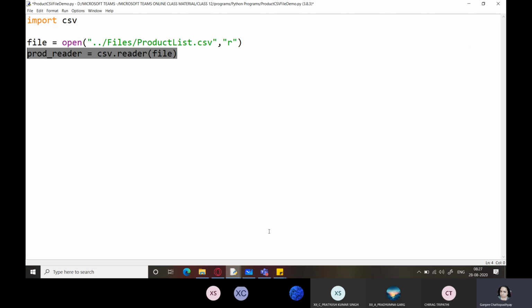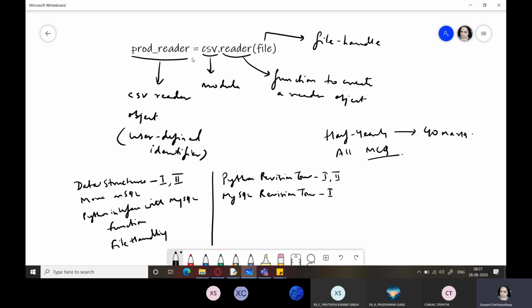Now we'll come back to our file and we will start doing our work. So this CSV reader reads all the records from the file. It will read all records from the CSV file, and they would be contained within this reader object in the form of a list of lists, right?